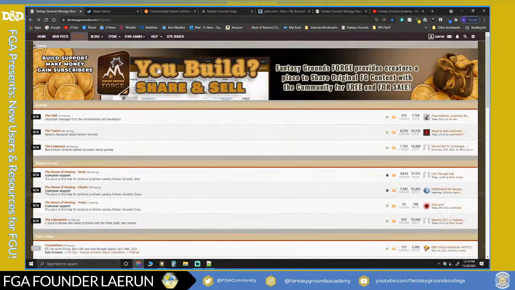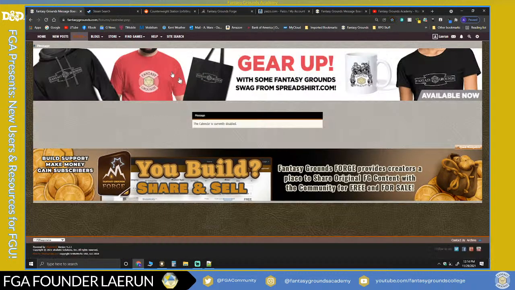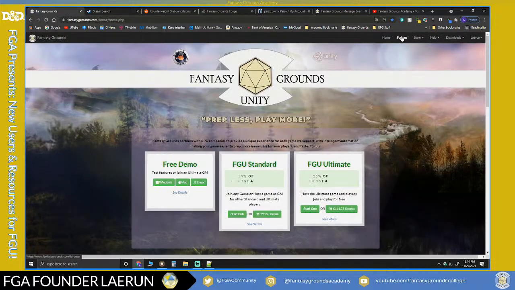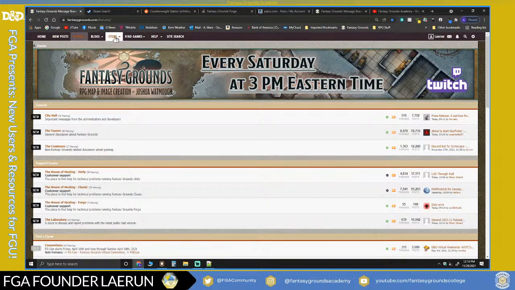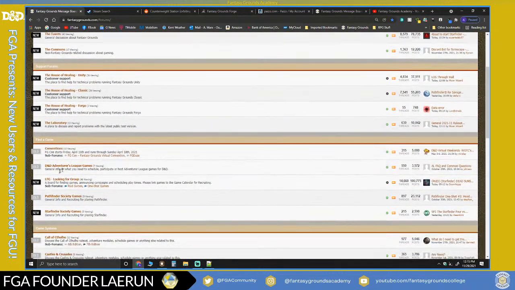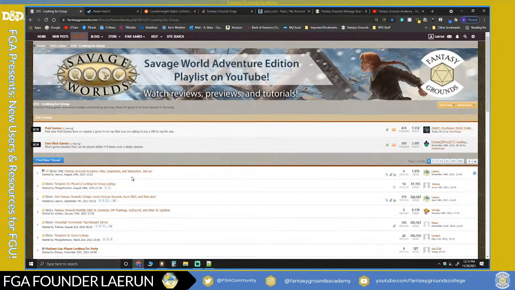resource. Then on top, there is actually a calendar. If you want to look for a game in this calendar format, you can do that if you come to the main page and go to the forums, and then look up on top. If you go to the looking for player section, I'm going to go to look for group or look for game.